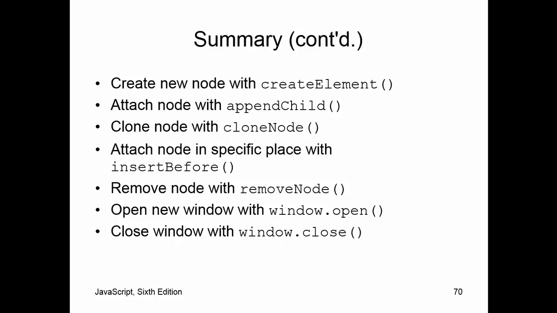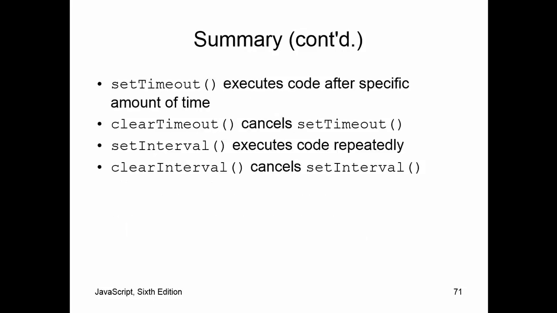We looked at how to create a new element or a new node using createElement. We learned that when you create an element node it's kind of in limbo, so you attach it with appendChild. If you want to copy one element to another, you can use cloneNode. By default it'll typically put something on the end, but if you want to put it in a certain place, you can use insertBefore. We learned how to remove nodes, how to open new windows and close existing windows. We talked about timeouts,